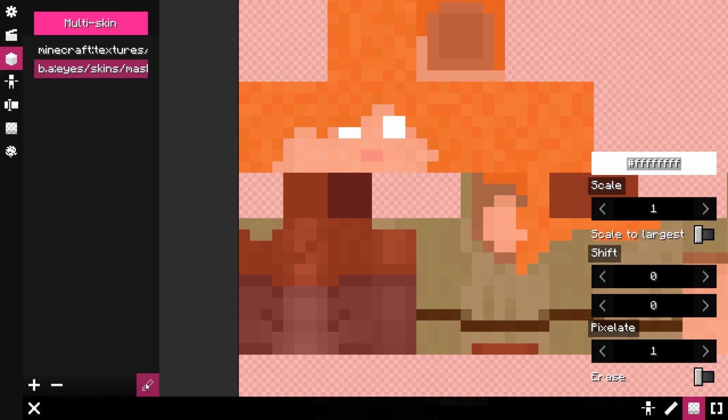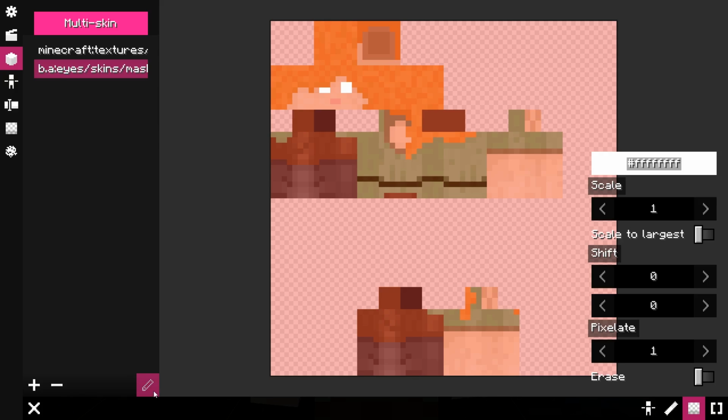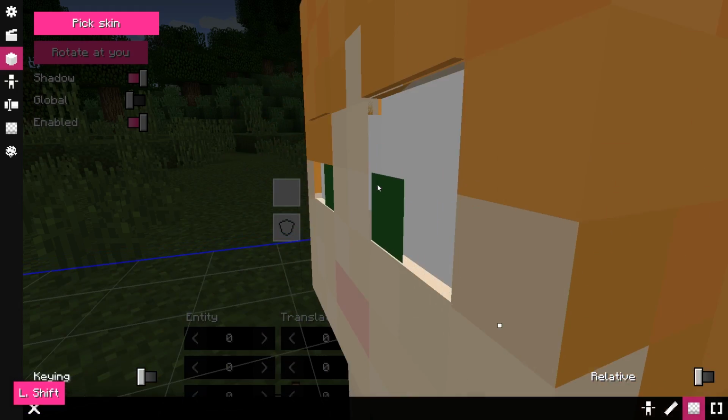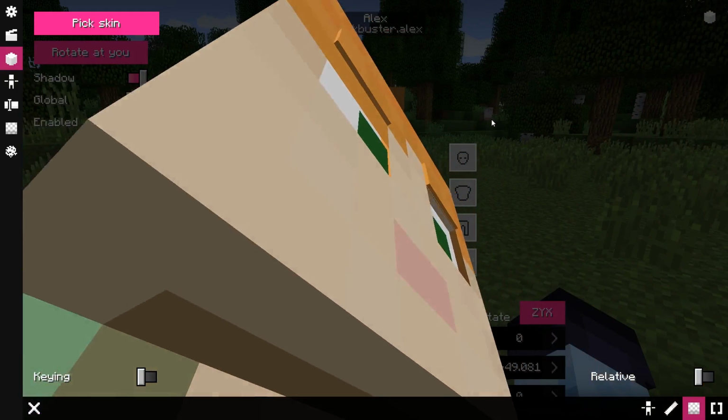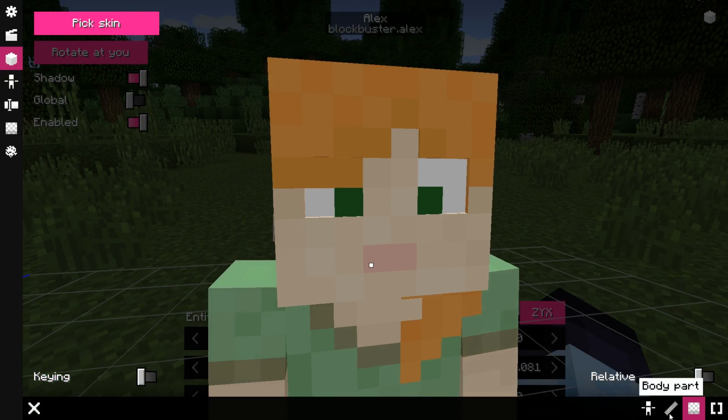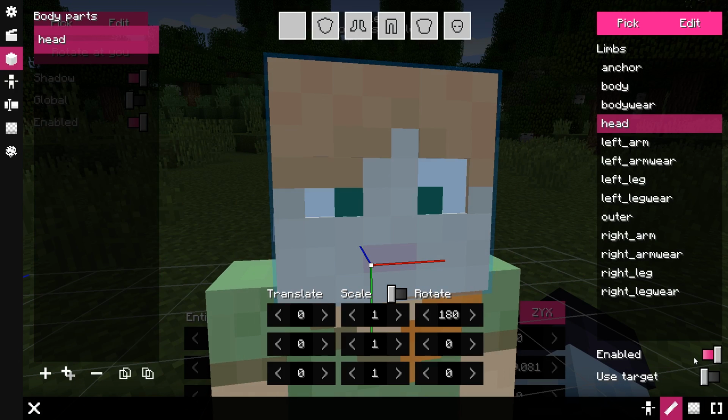Once it's selected, enter the multi-skin editor, and enable the erase option. For the mask multi-skin, what it does is allow you to use a skin with opaque pixels as an eraser for pixels underneath. Once we exit the texture picker, we'll see that there are eye holes instead of eyes. Now we can see the Eyes Rig properly as well.